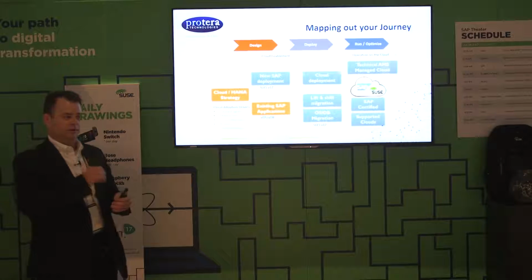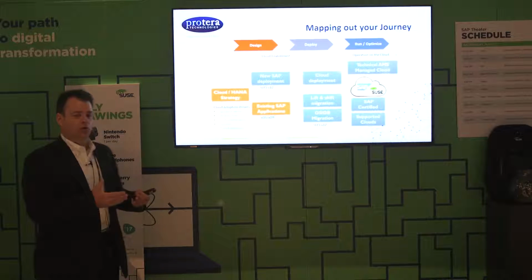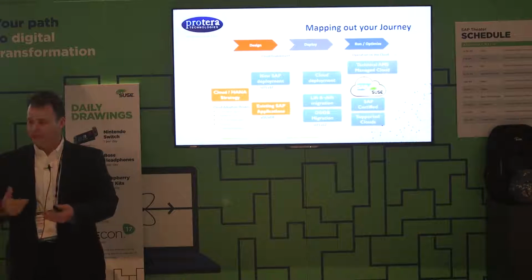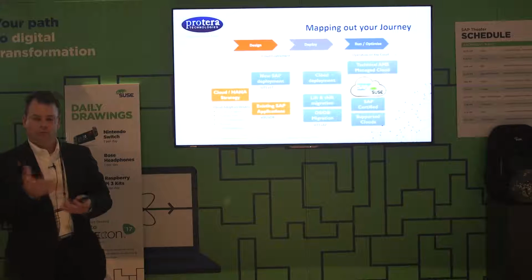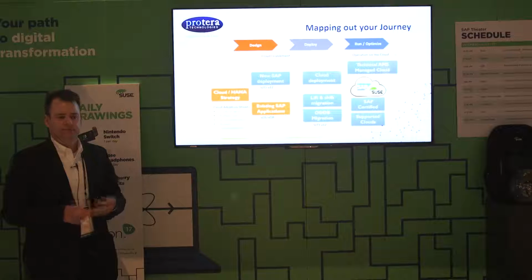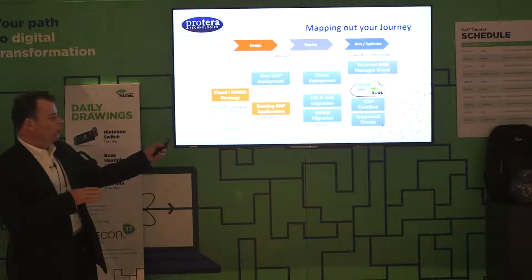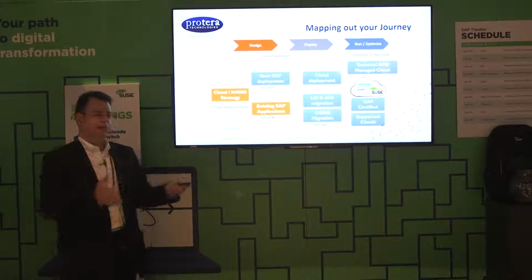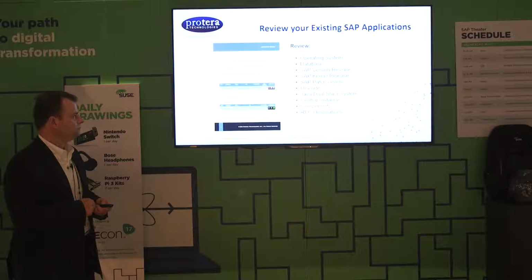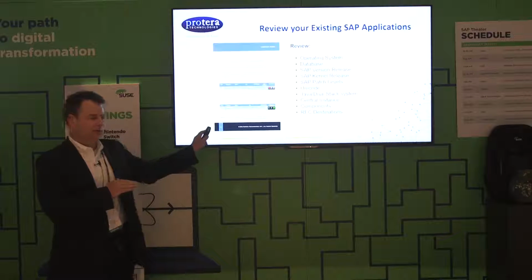Although it's not the scope of this webinar, the point on getting to S4 is you need that launching point of HANA. When you get to HANA, then you have the code base to then establish and enable S4 HANA. So once you have HANA, then there's the implementation piece to get to S4, which you can run concurrent once you're on HANA. So we'll talk a little bit more about this and what are the considerations to look at. Once you've mapped out if you're going to go to HANA or S4, there are considerations you have to look at for your environment. So we're going to jump through in a few slides what this report is, but